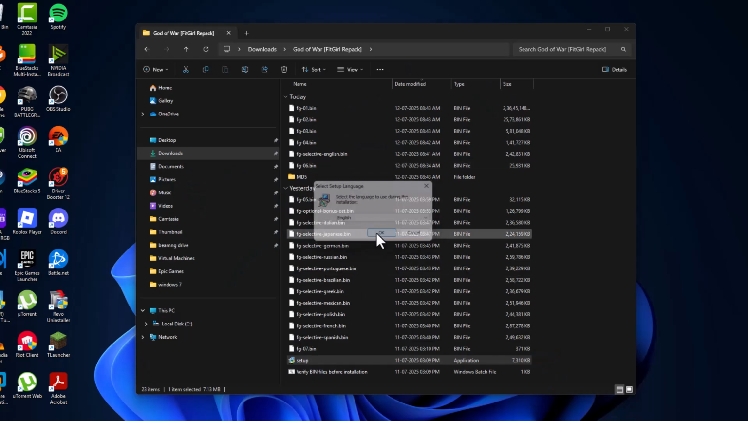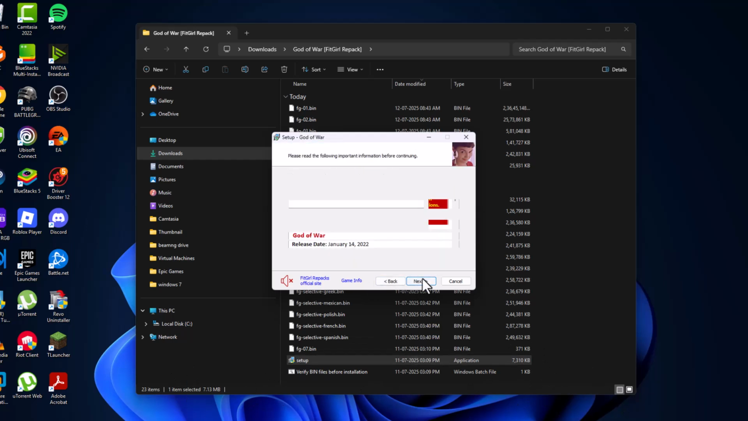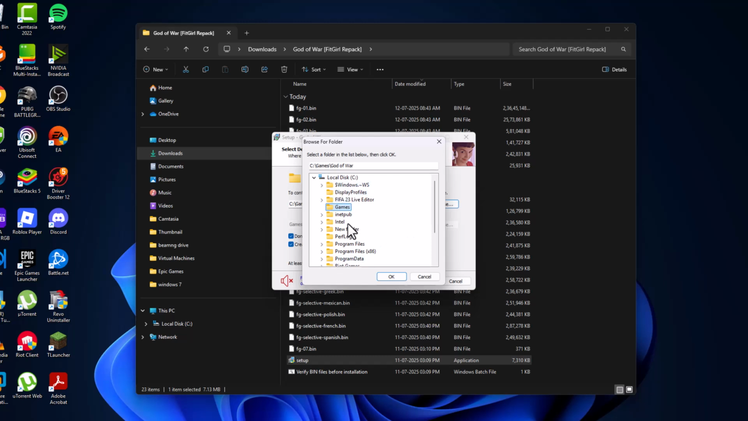yes. Select OK option. Select this music icon to mute the music. And if you have under 8 GB RAM, then check mark this box guys. Limit installer to 2 GB of RAM usage and make sure nothing is running in the background and select next. Select next. Select the browse option and select the location where you want to save this game and select OK